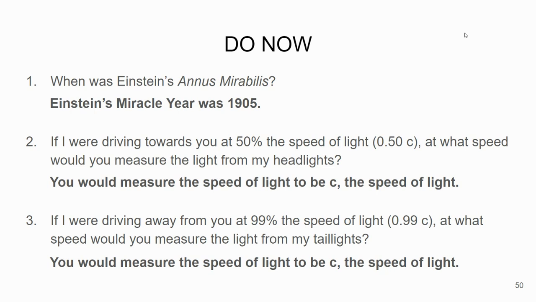So when you're doing the relativity stuff and you're dealing with the speed of light, you can't just add it the way Galileo did back in the day, the same way you add velocities with pitches on trucks and things like that. Light is different because of the second postulate, the constancy of the speed of light.